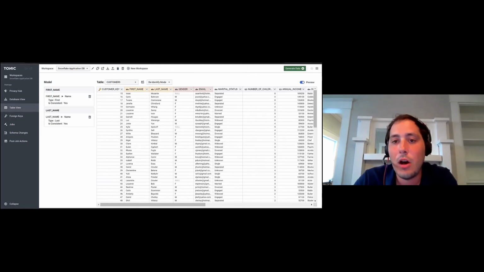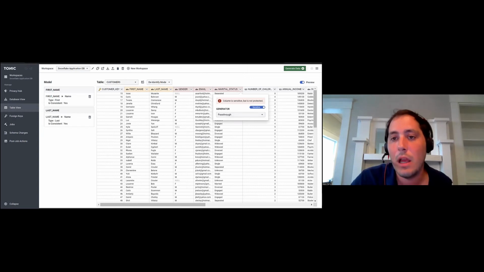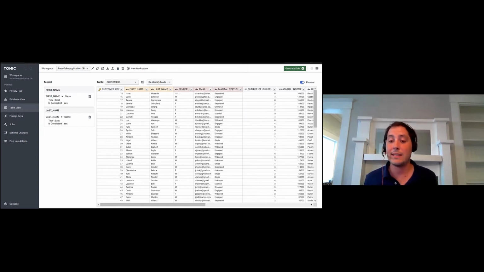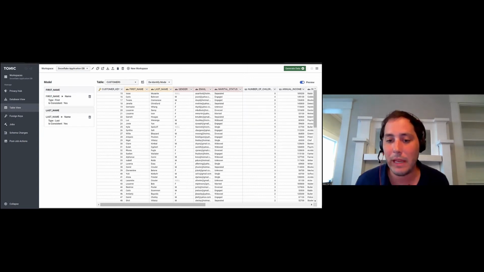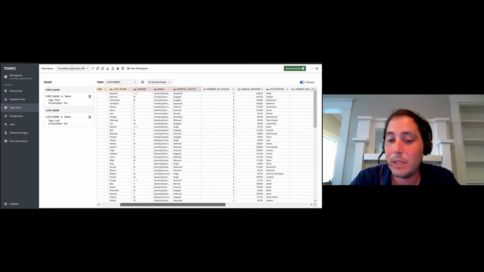So for example, all the columns that are red are sensitive, or rather those were flagged as sensitive by our PII scanner. I might argue that, hey, you know what, marital status, that's actually sensitive. So let's mark it as sensitive here. That'll tell Tonic to treat it as a sensitive column as if it itself had identified it as sensitive. So let's go through this table quickly and make sure that we've de-identified everything appropriately so that we can actually